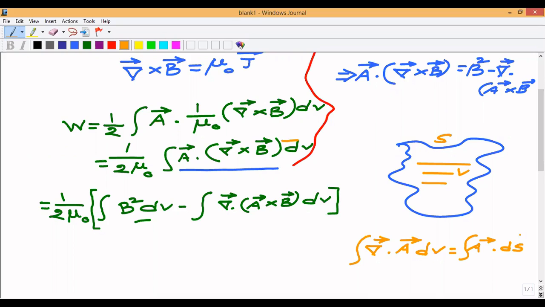But since the surface is a closed surface, a circle will come here, which will mean that the surface over which we are performing the integration is